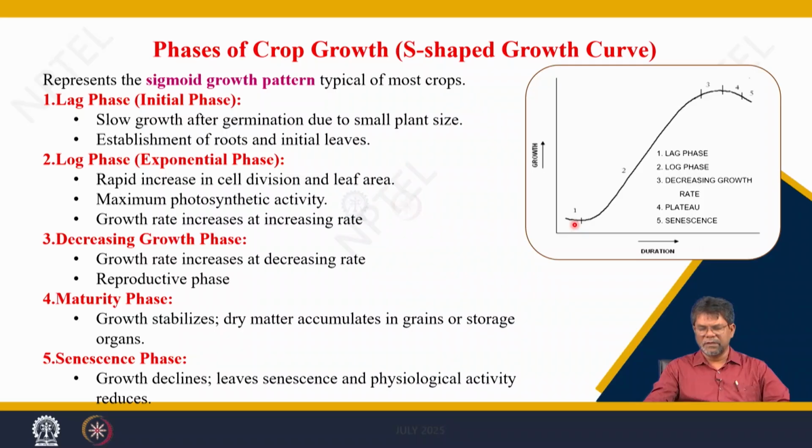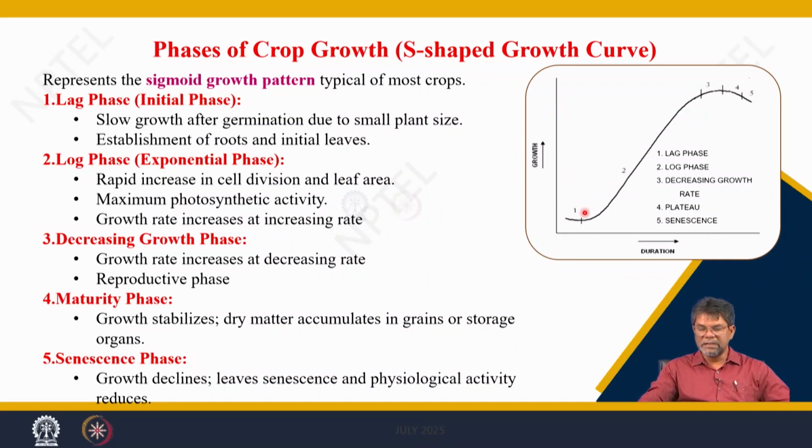Phase 1 we say is the lag phase. What is the lag phase? This is the time when you have sown the crop, you have planted the crops. And why I want to explain the crop growth phases: whenever we go for this simulation exercise, if you give the inputs you get the outputs. Output means your biomass will be there, and after the biomass you have the grain production. So it is very essential to know how the crop growth behaves with time with different input management, because you have to hit the optimum growth. With varying inputs the quantity will vary, but the growth pattern remains the same.